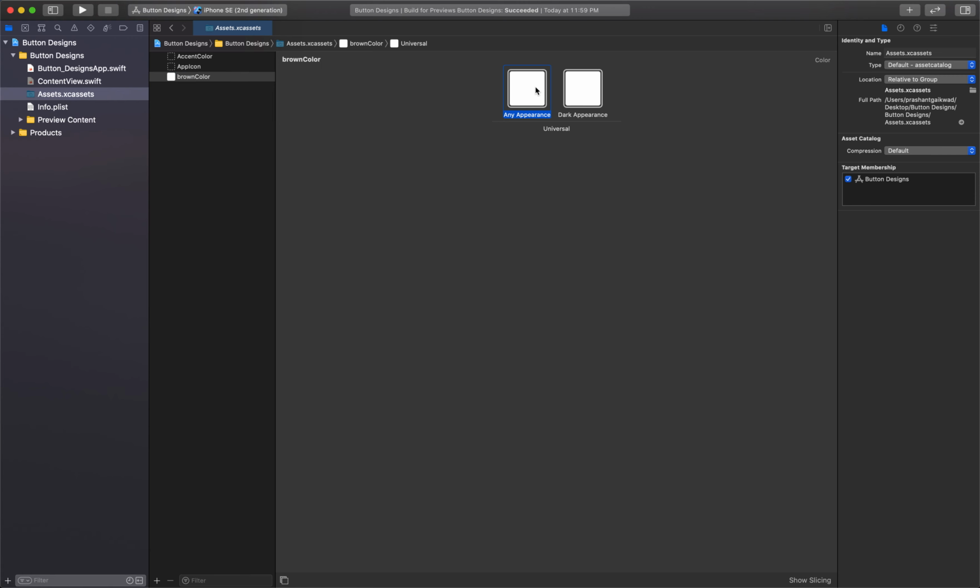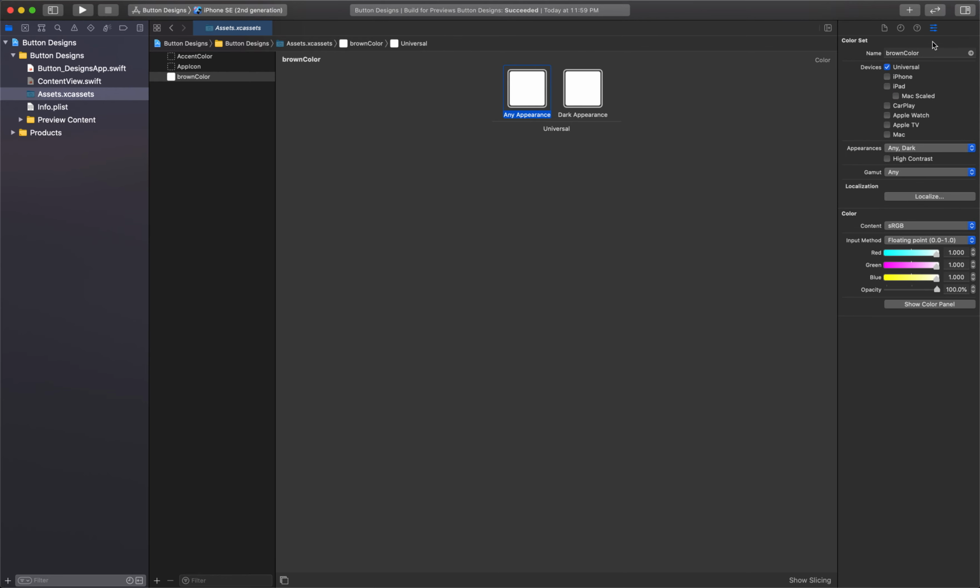First you need to select this color. We want to give color here, so for that I have this option where I have to select none so that it will make it a universal color.